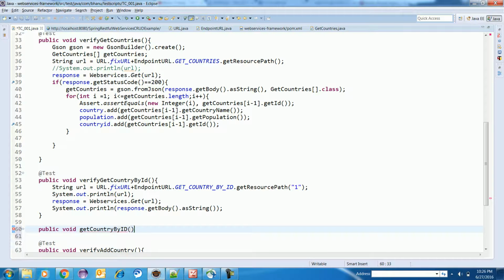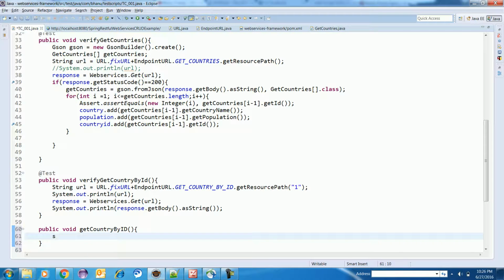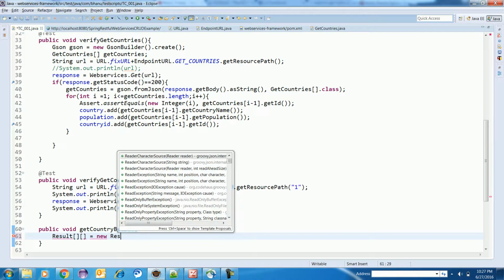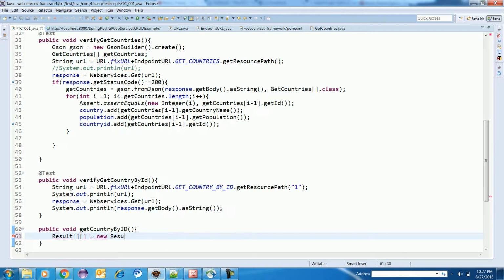This is my data provider, right? I'm going to make a data provider, and here I will make a result is equal to new, sorry, so here I have to write result.